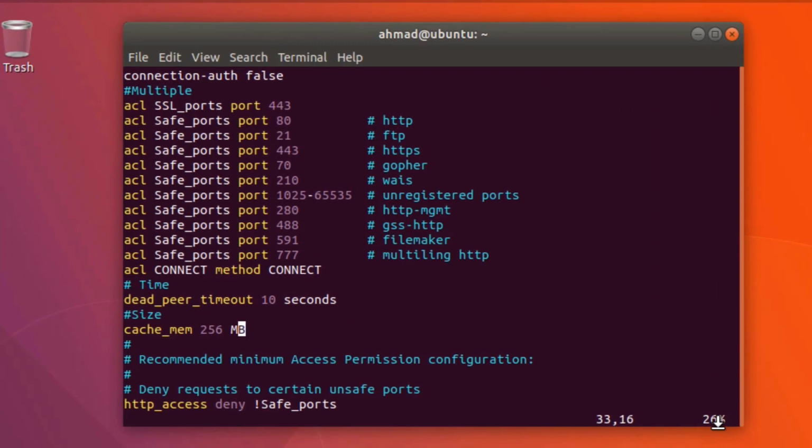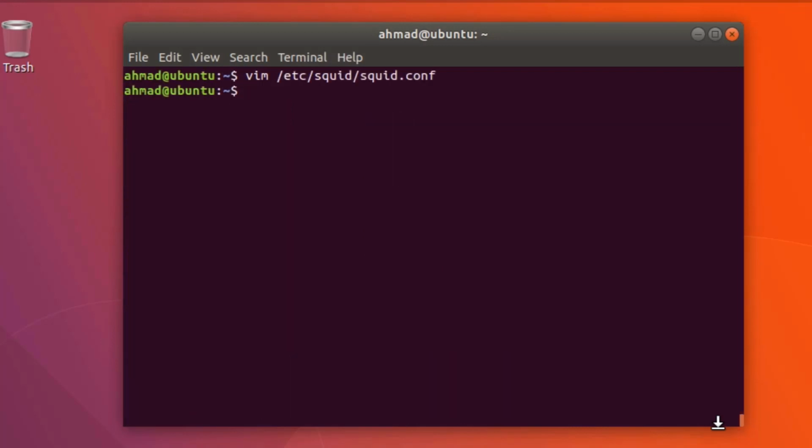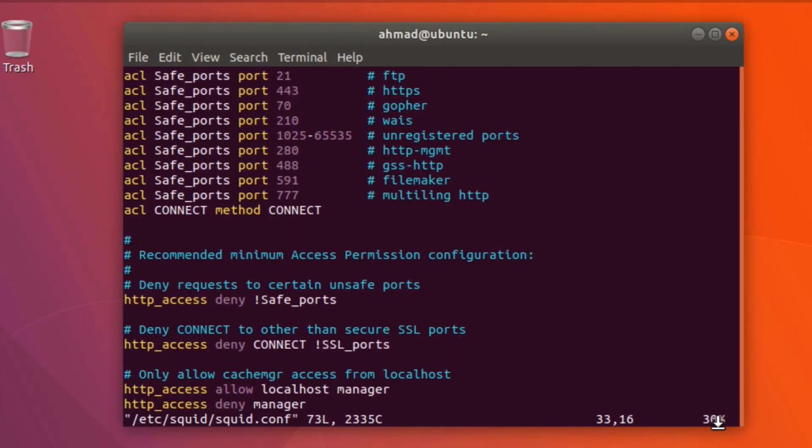Alright, now that we are actively editing our squid.conf file, let's first ensure that we are editing it using the sudo command so that we can make the changes that we need with the root account. So let's search for